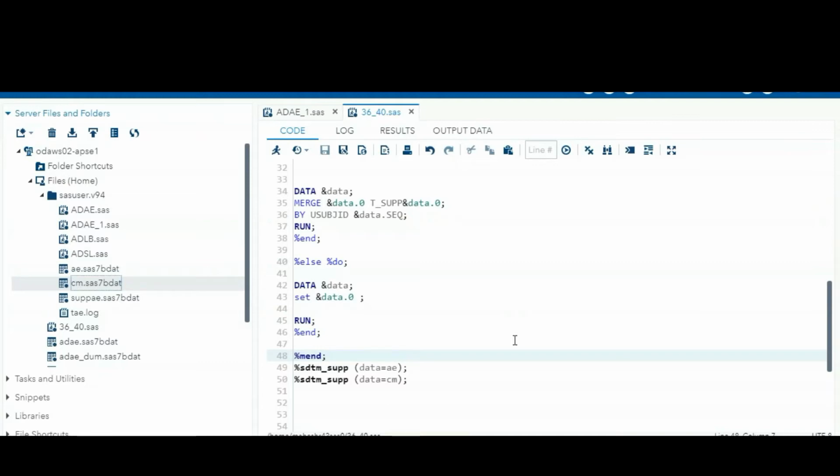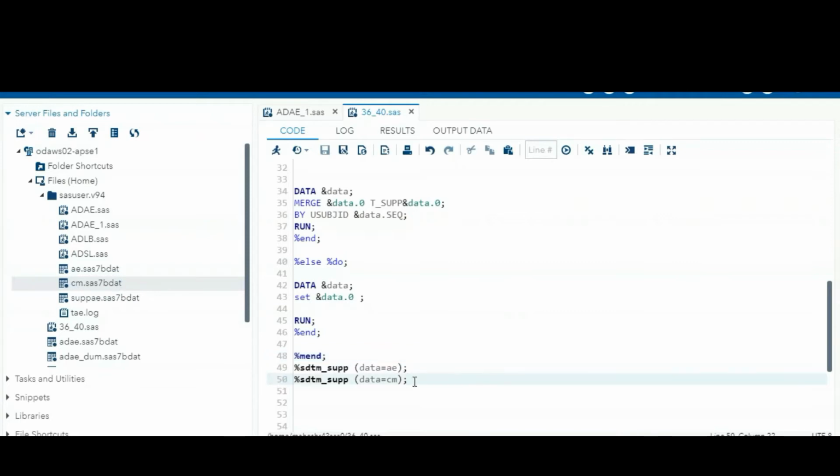For example, when handling the ADSL data set, you have to merge many SGTM data sets to create it, and this is very helpful then. Interviewers also focus on how much logic you use in writing your dynamic code. Okay, fine.